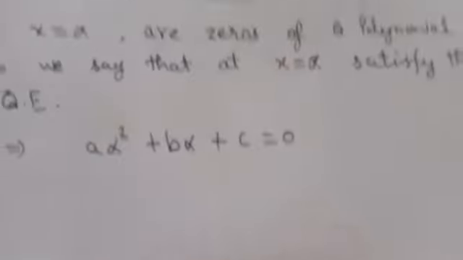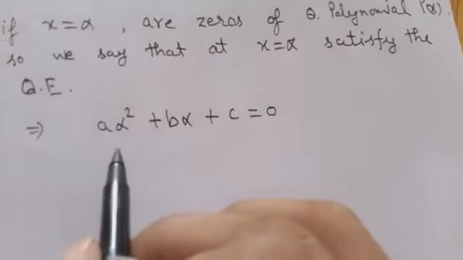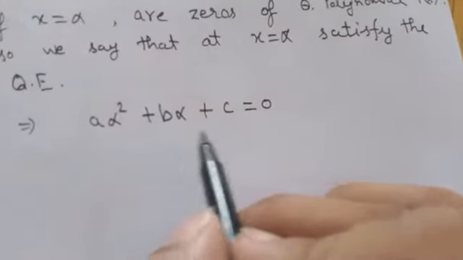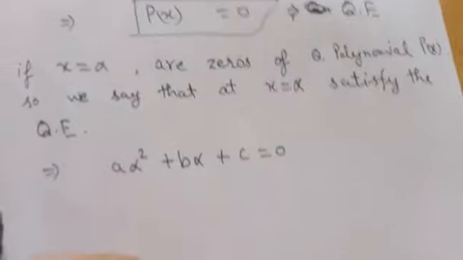That means we can write it in the form a alpha square plus b alpha plus c is equal to 0. Similarly,